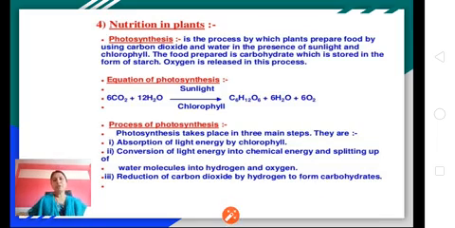So what are the four essential components needed for photosynthesis, or the four essential conditions? They are sunlight, water, chlorophyll and carbon dioxide. I'll be sending a few videos shortly where there will be certain experiments and activities which will show you that these four conditions are mandatory for this process to occur.